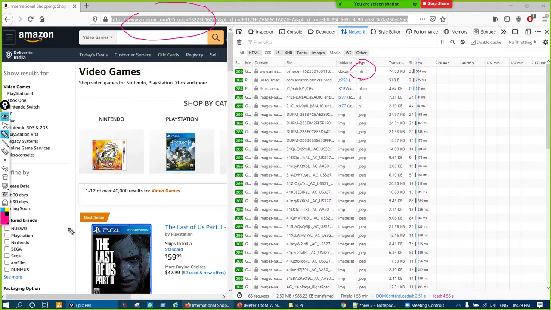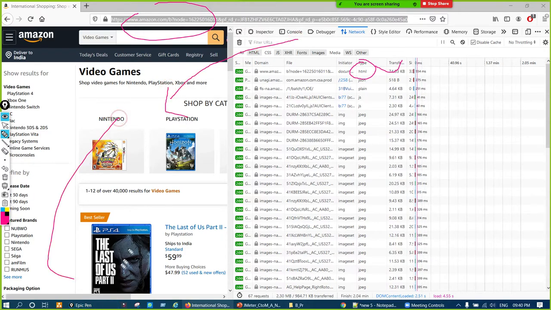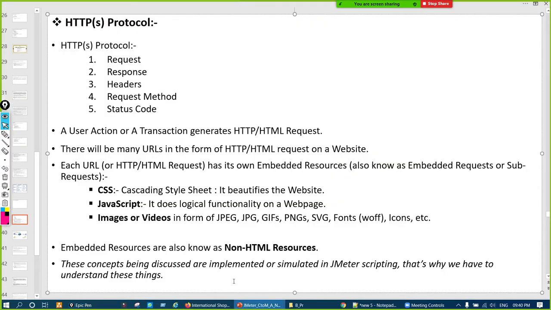That URL will be in the form of an HTML URL, which is known as a request, and in return the server sends us all this stuff. So this is the concept of request and response of the HTTP protocol.